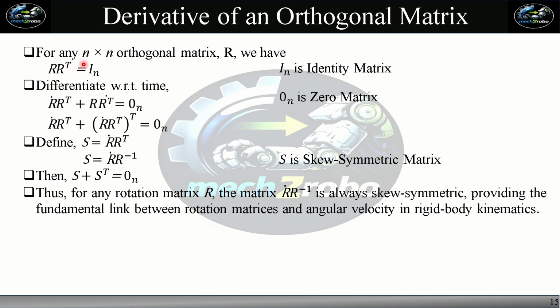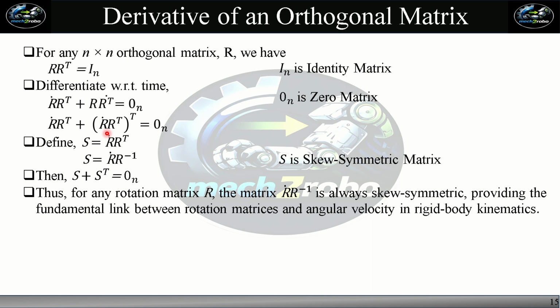For any n by n orthogonal matrix R, we have the formula R R transpose is equal to I_n, where I_n represents the identity matrix. Differentiate with respect to time. First, we get R dot R transpose plus R R dot transpose is equal to 0, because the derivative of a constant is 0. So thus we get this term, and by applying the formula of the inverse transpose,